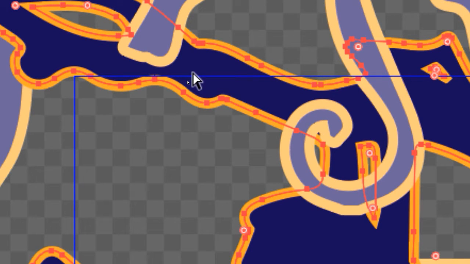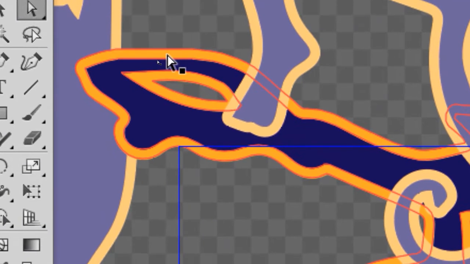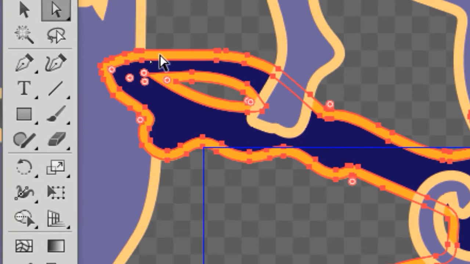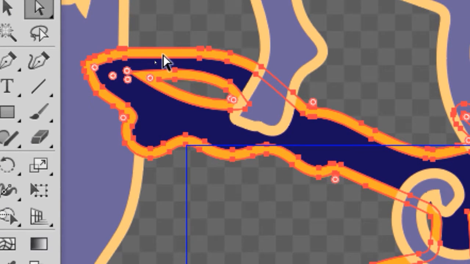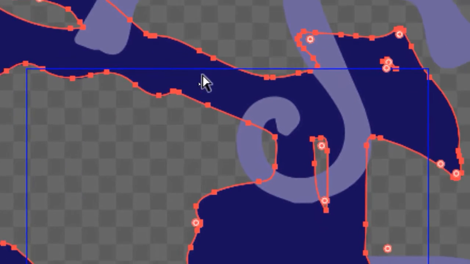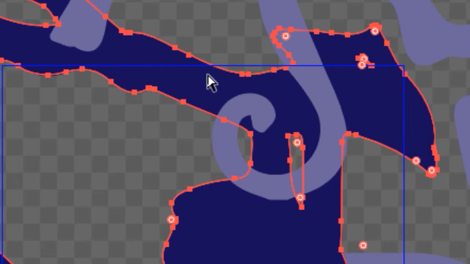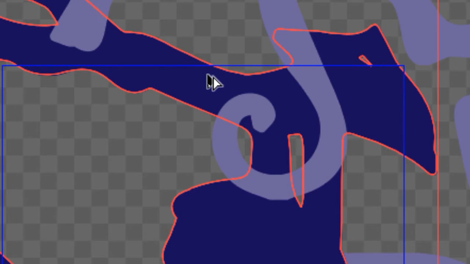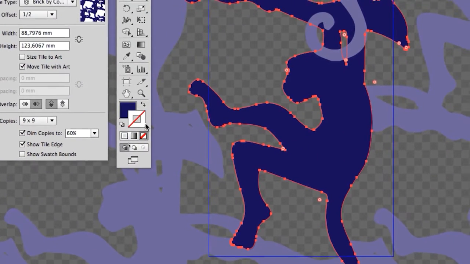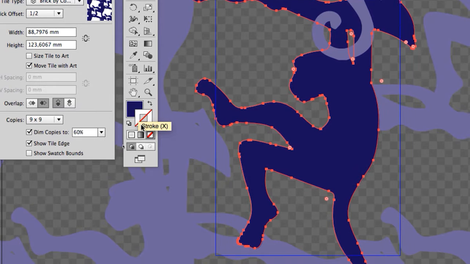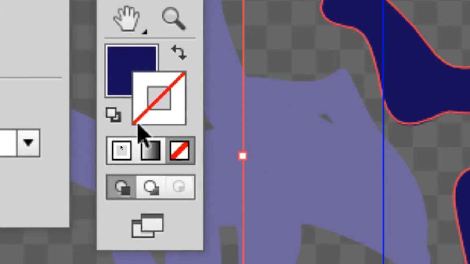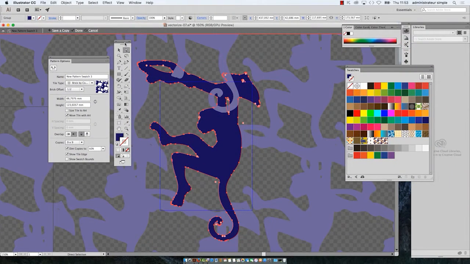Strokes are expanded. But wait, this is what you can do. Select with the white arrow what was previously a stroke and delete it with the delete key. And then we'll try to put on that shape a new stroke while we are in edit mode on the pattern. Okay, and now let's say I will put a stroke on the monkey, a modifiable stroke. So I put the stroke swatch in front of the background swatch in the toolbar,